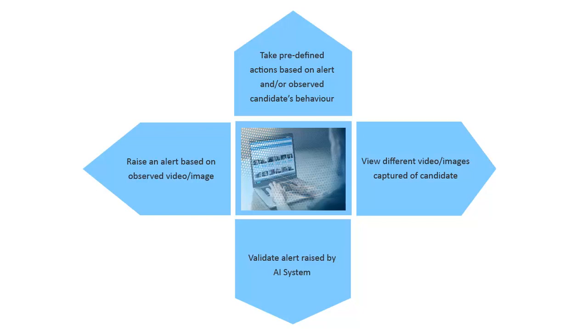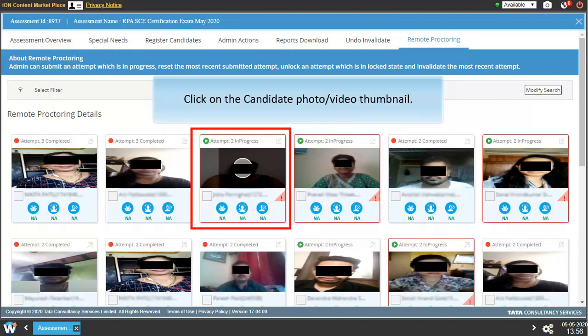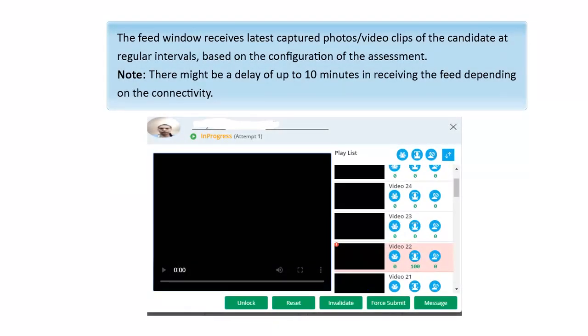Next, we will view the near live feed for a candidate during the examination. To view the near live feed for a candidate, click on the candidate photo or video thumbnail. The feed window receives latest captured photos or video clips of the candidate at regular intervals based on the configuration